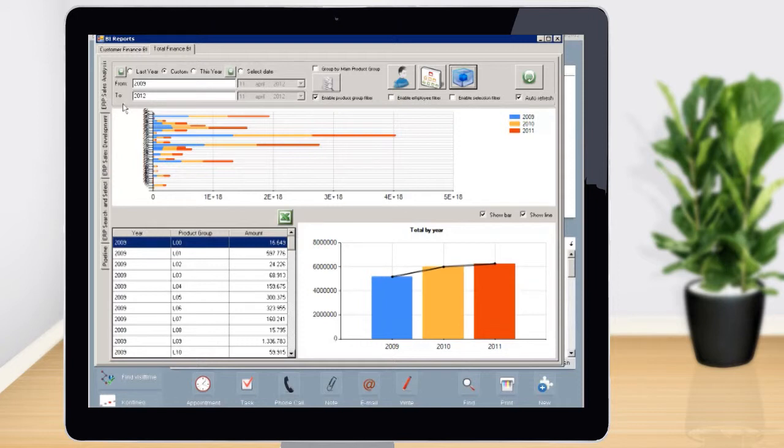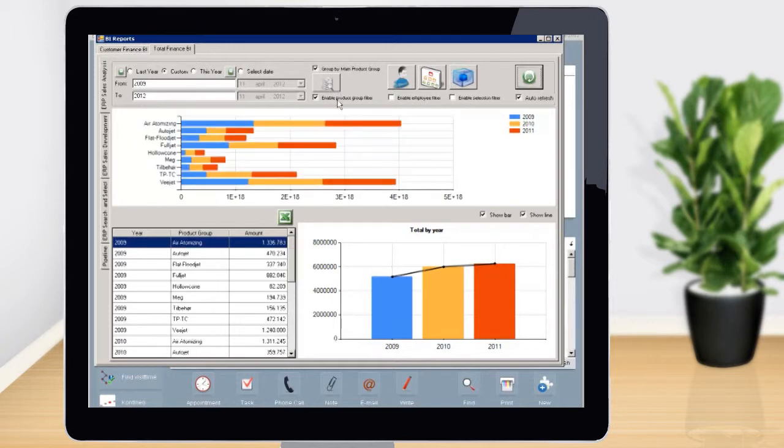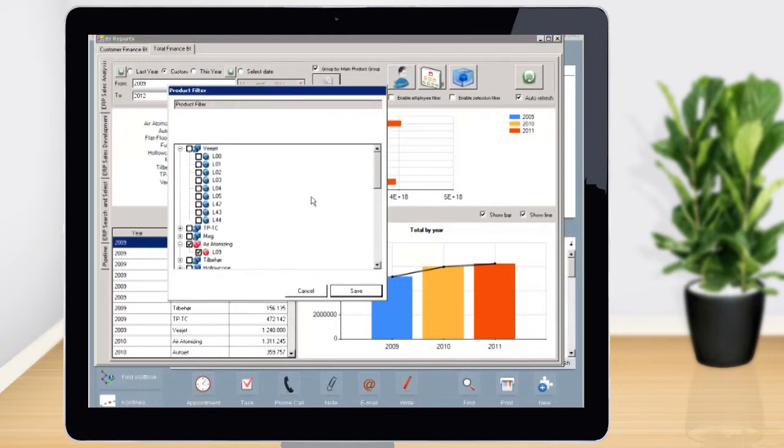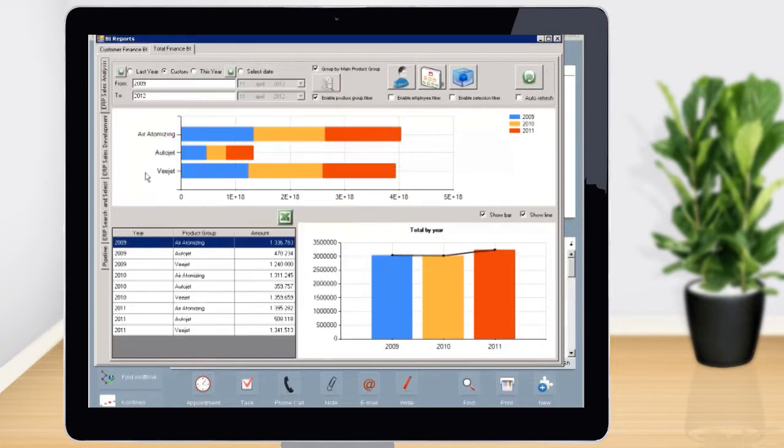The top section under the ERP Sales Analysis tab shows you the total sales development by product group for each year for the selected period. If you have many product groups, the overview can get a bit blurred. In the setup, it's possible to add an overlay product grouping. You can also select single or multiple product groups if you want to investigate sales development on a particular product.